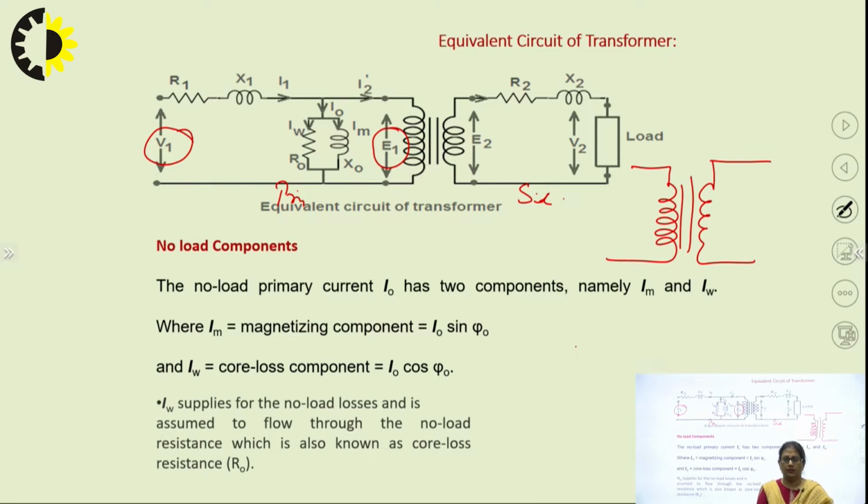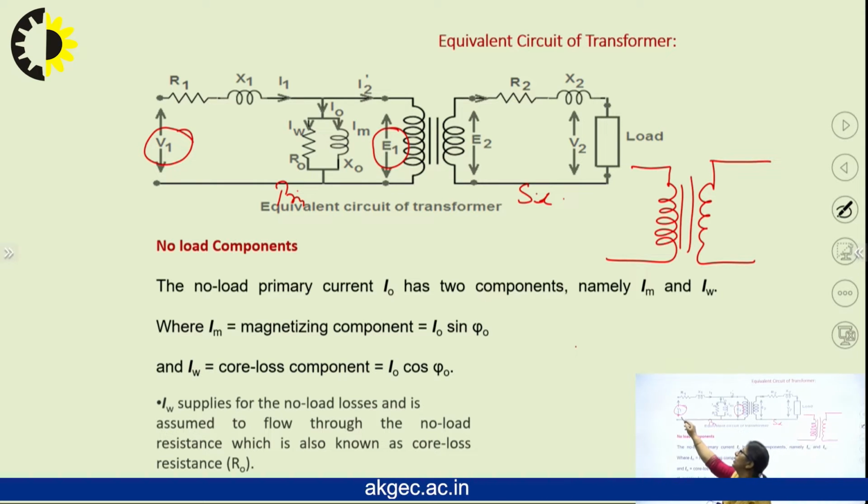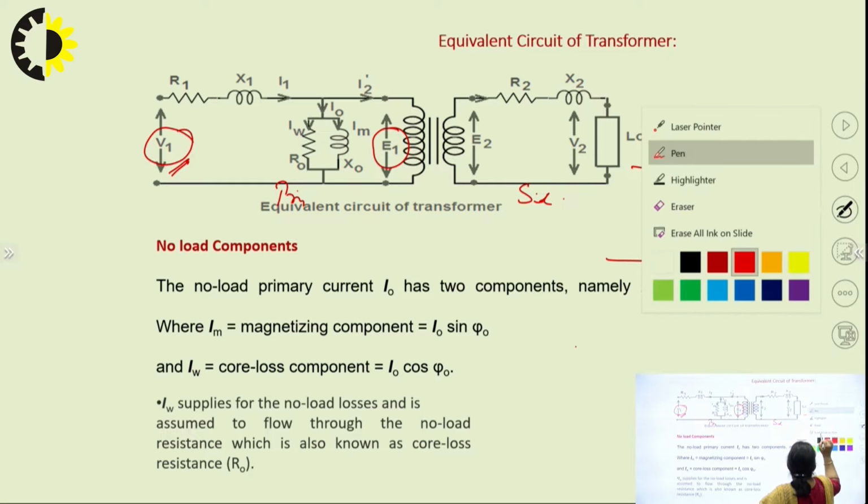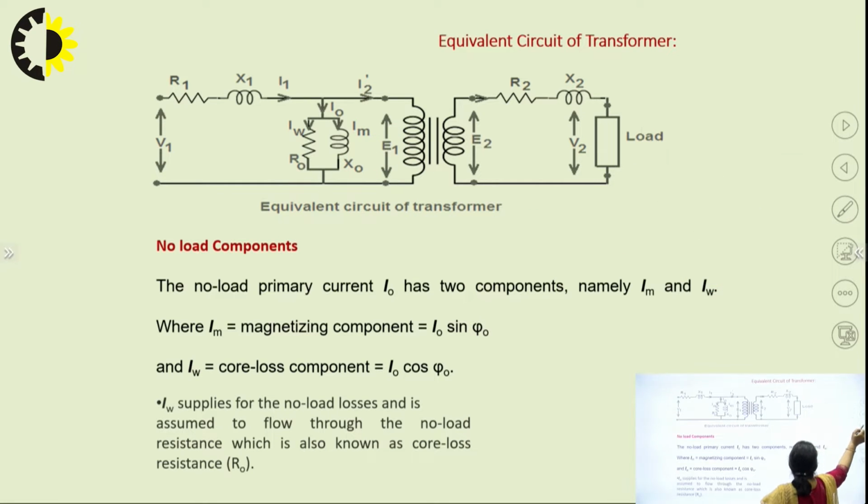That can be very easily given just by applying our KVL. We know, just to remember, this E1 is the induced EMF, and by the nature of every induced EMF, it has to oppose the very cause producing it. And what is the very cause producing it? The induced EMF has been produced because of the alternating supply which you have given at the input. So this will be opposing the input voltage V1. So the relationship we will get for V1 and E1 will be